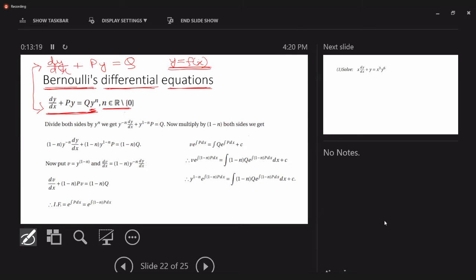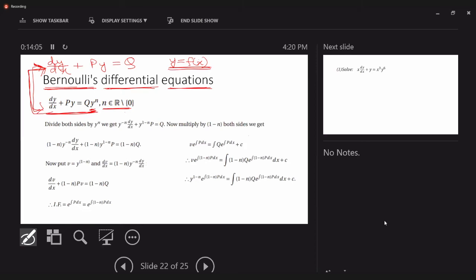Otherwise it will still be a linear equation if n becomes equal to 1. We don't want that. We want to reduce this to a linear form and then solve it. Keep in mind that to start with, this Bernoulli's differential equation is a non-linear one. But as of now, you don't know any method of solving non-linear differential equations. You know only about the first order, first degree differential equation, the methods which we have seen so far. So we will be highly interested in converting this to this form. We want to convert this Bernoulli's differential equation to Leibniz linear form. Then we are going to solve. This much, is it clear to you? This first thing which I've told you.